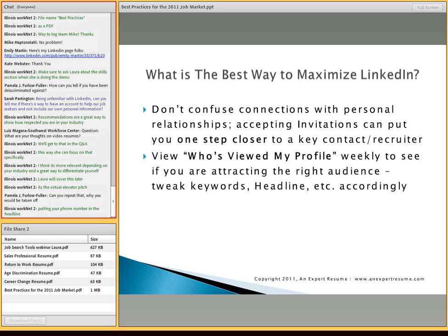There is a facility on here called Who's Viewed My Profile. Very, very handy. And it will tell you actually who has tried to look at your profile. You do actually want to look at that once in a while. And the reason for that is that you'll be able to see something about what that particular audience is. If you are getting very ambitious about LinkedIn and you decide